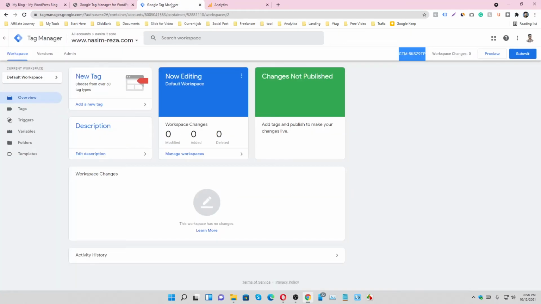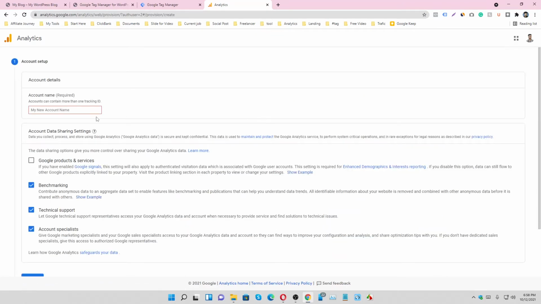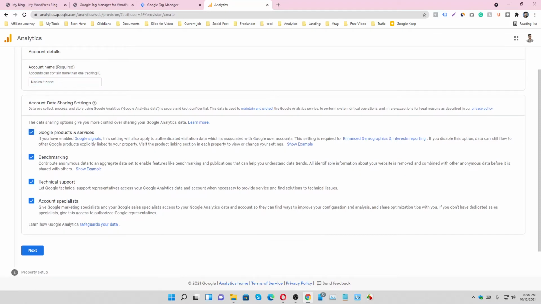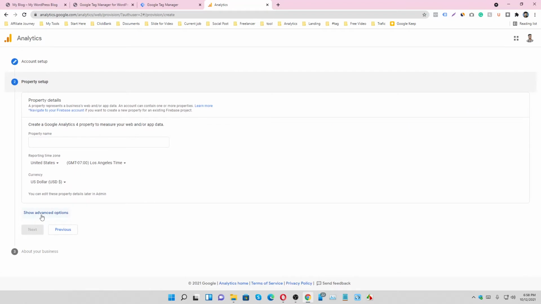Now we have to integrate Google Tag Manager and Google Analytics 4. So let's go to Google Analytics, analytics.google.com, and start measuring. You have to put your company name, and you can check this option and click on next.